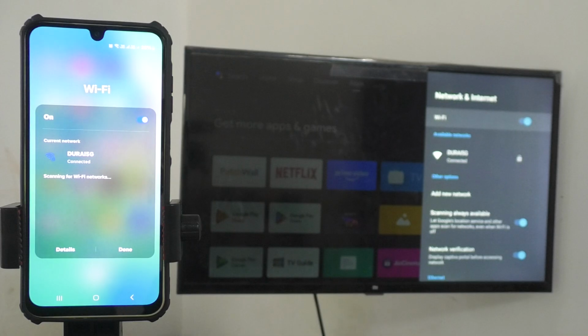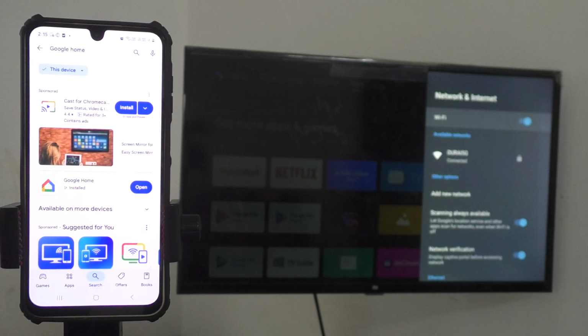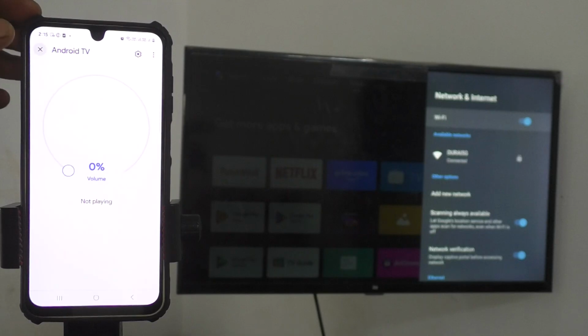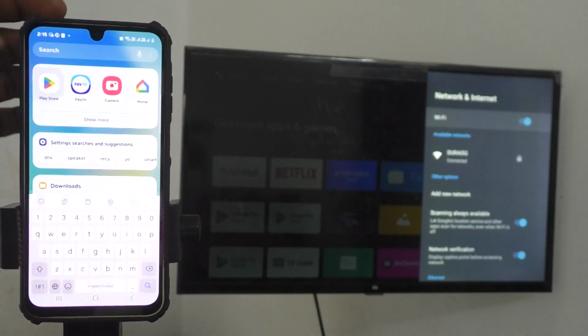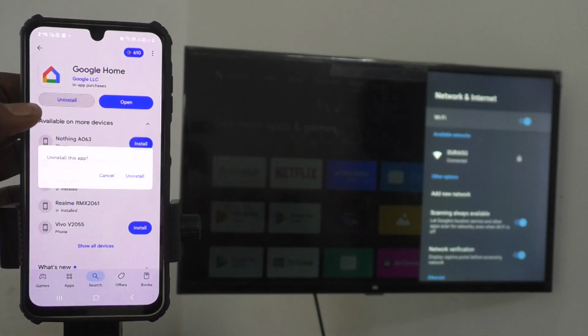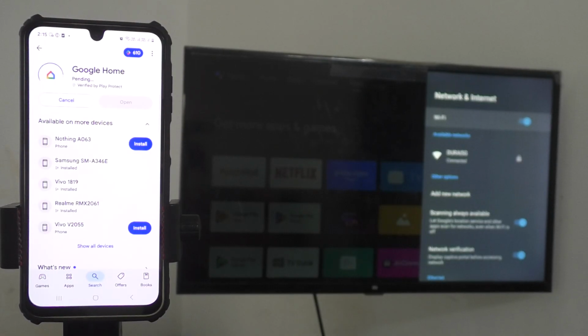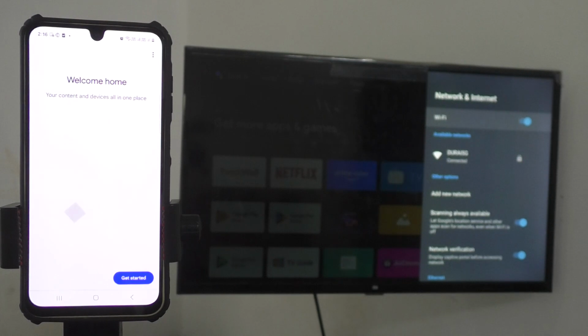Okay, now come to your phone and go to Google Play Store. Search for the Google Home app. This is the Google Home app. I have already done this, so I will uninstall it and show you a demo by installing the Google Home app first. So after the Wi-Fi connection, you have to install the Google Home app on your phone. Go to Google Play Store, install the Google Home app and open it, and then follow